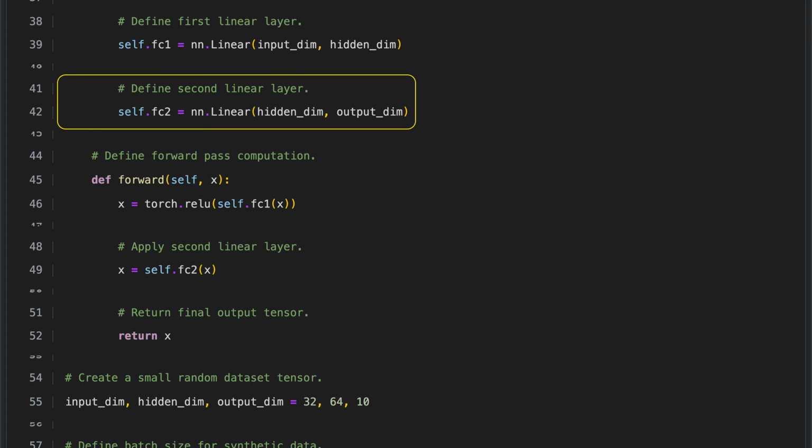Here we define the second linear layer of the neural network, which connects the hidden layer to the final output. It takes the features produced by the hidden layer, whose size is given by the hidden dimension, and converts them to the desired output size given by the output dimension. This step is essential because it maps the learned hidden features to the final output classes or values, completing the